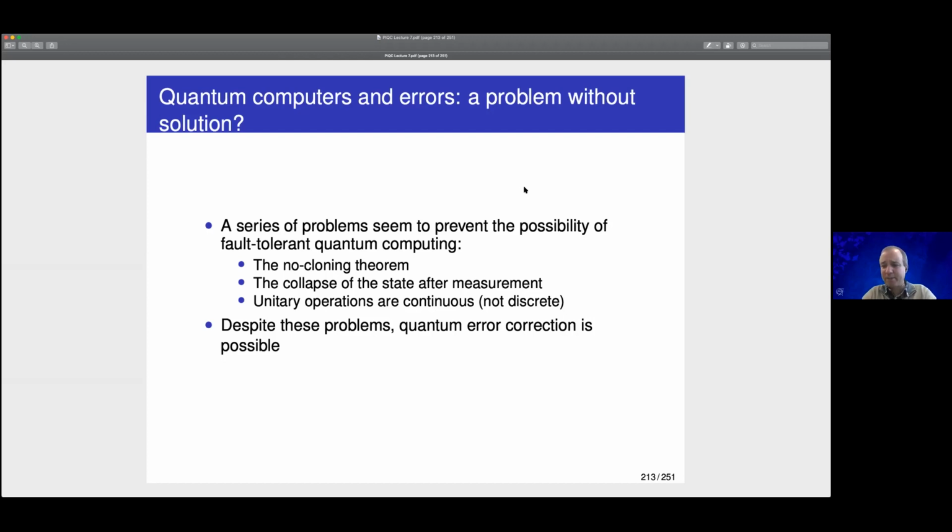Another problem is that, in order to check whether the information is correct, it seems that we need to measure the information. And then what we have is a result, but also the collapse of the state vector, and then we lose, or it may seem that we lose, some information. Okay, and also there is another obstacle that people have mentioned, and it's also a problem,